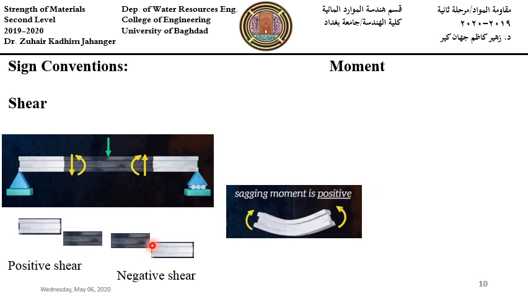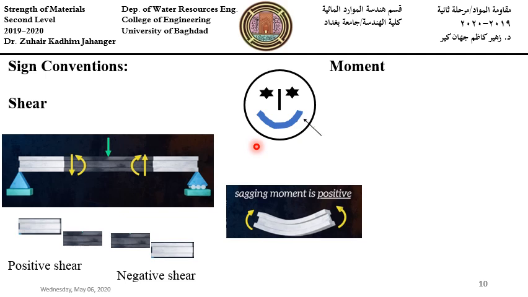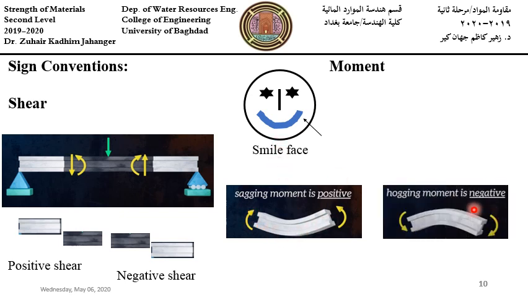For moment, the sign convention is that sagging moment is positive. If that's the beam, I will put this face, and this is the deformation of the beam. This is the smile face. So sagging moment is positive, or remember, smile face. Any moment that causes a smile face or sagging is positive moment, and any hogging moment is negative,